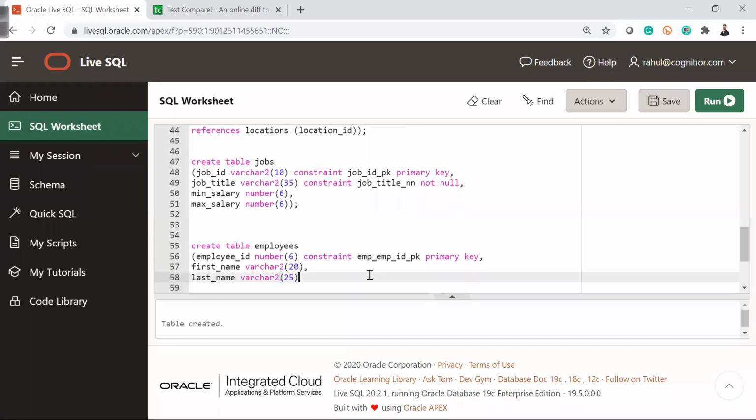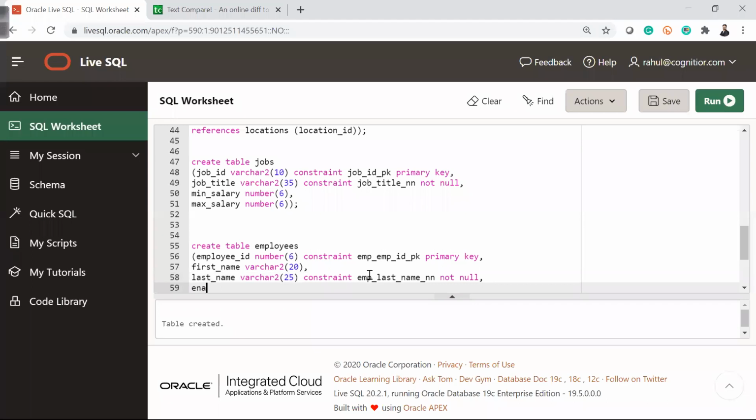Then again, my first name I'm not giving as a not null constraint, but the last name, let's say I'm giving a not null constraint, right? So we'll have a constraint emp last name and then not null, comma.